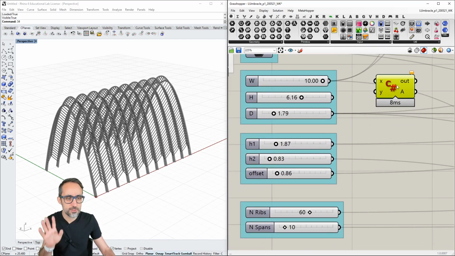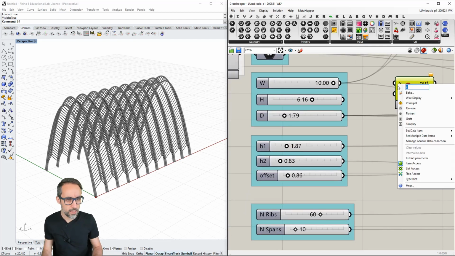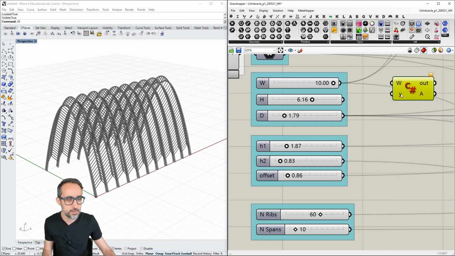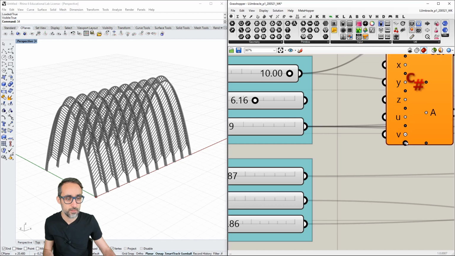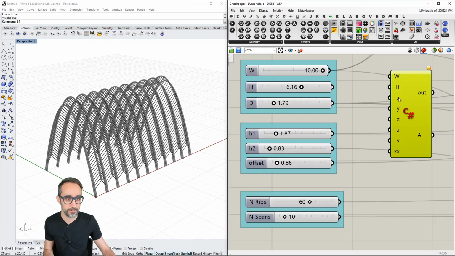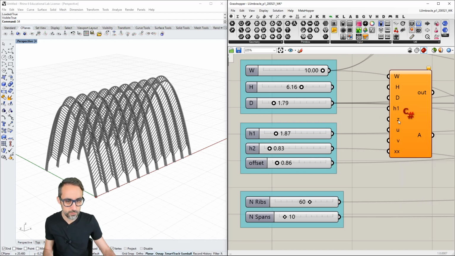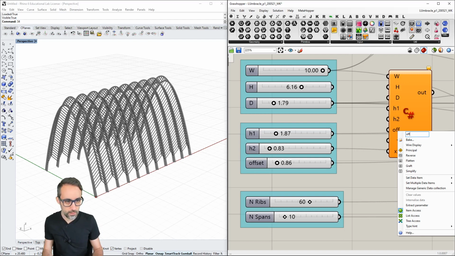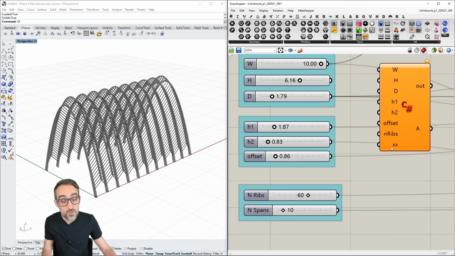I'm going to do this manually, so if you want to fast forward, feel free. This is going to be the width. This is going to be the height, and then I'm going to start adding more parameters here, a lot of them. This is going to be a big component. So this is going to be D, this is going to be H1, this is going to be H2, this is going to be the offset, this is going to be the number of ribs, and remember that in the input parameters you shouldn't be using